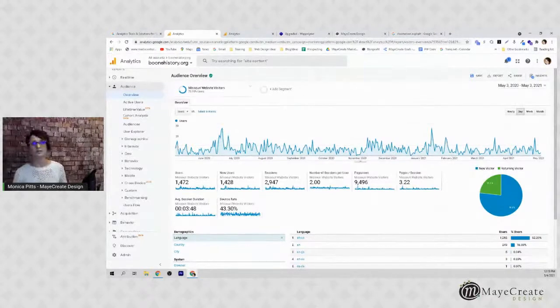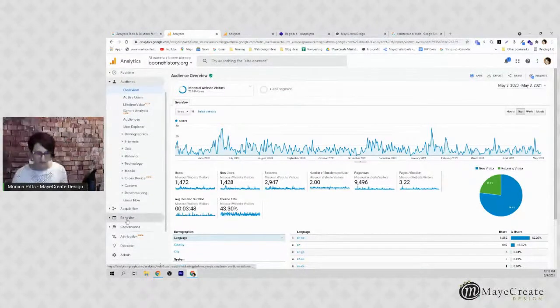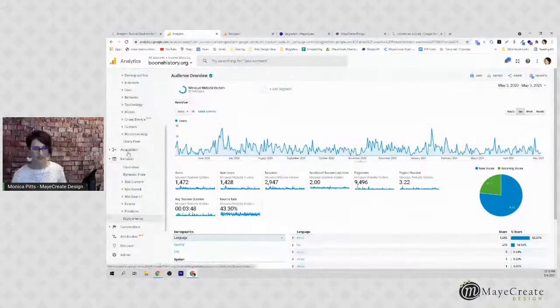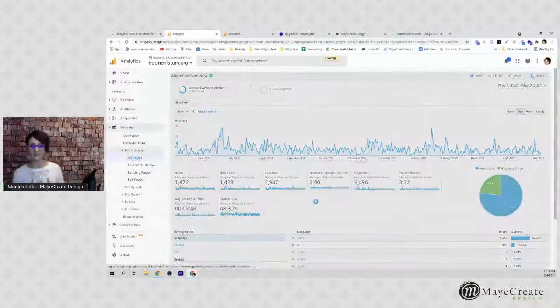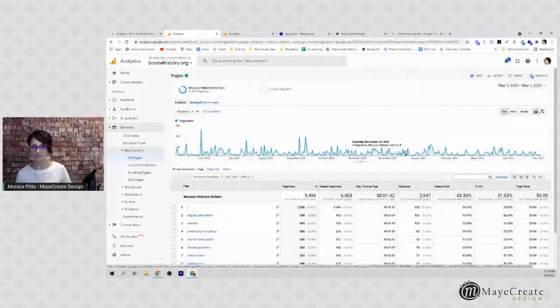Okay, so next up, how to tell what people are looking at. So that's actually nestled down here underneath behavior. So you click on behavior, site content, all pages. So once again, that's behavior, site content, all pages. All right, so